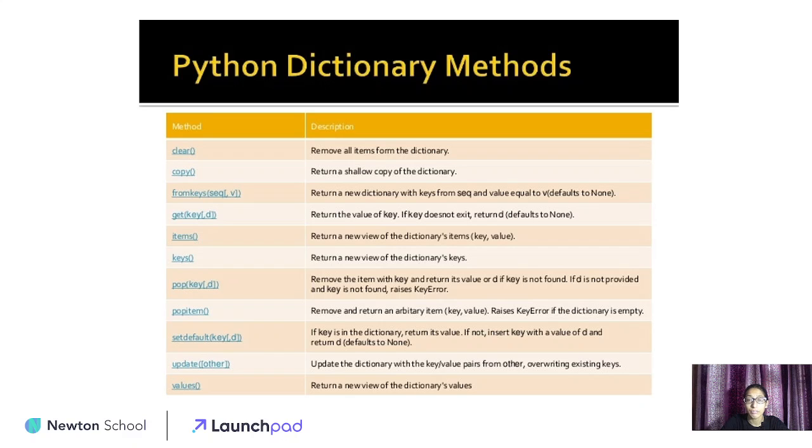These methods each have their own description. We apply clear to remove all the items from the dictionary, and we use copy to make a shallow copy of the items in a particular dictionary. Some of these are performed in upcoming examples. Popitem and pop are two important methods in dictionaries that are mostly used in sorting, like bubble sort and other sorts.